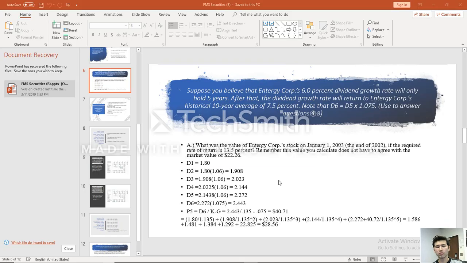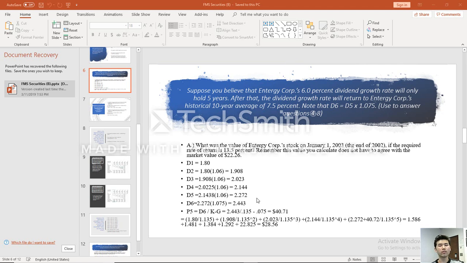So this question is asking, what is Energy Corp's dividend growth rate valuation if it's supposed to grow at 6% for 5 years and then 7.5% after that? The first thing you want to do is extract the $1.80 from the preceding question, and then we multiply it by the 6% growth rate for each and every single year until you hit year 5, and then we have to multiply it by the 10-year average of 7.5%, which will give you